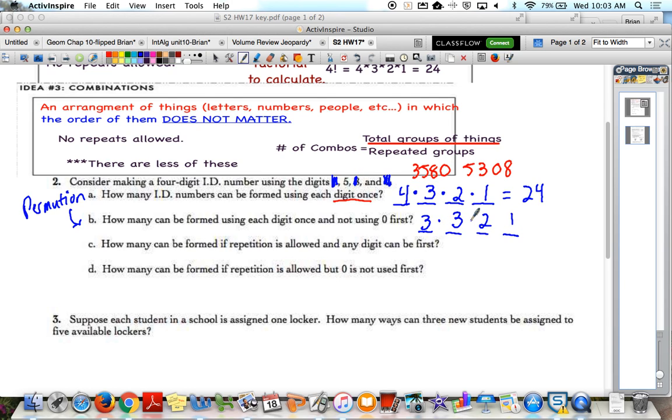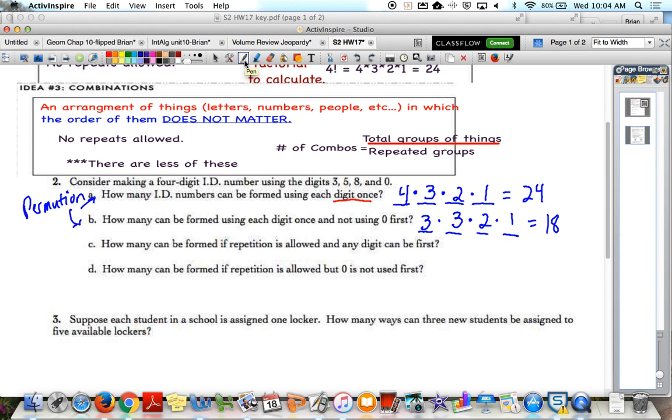1. So how many ID numbers are possible if I use the 4 numbers given, but just eliminate 0 being the first number? I'd have to bring that in later on. So 3 times 3 times 2 times 1 gives me 18 possibilities. So if I can't use 0 first, then that gives me less possible ID numbers that I can create from this group. So I have 18. All right, C and D then talk about,